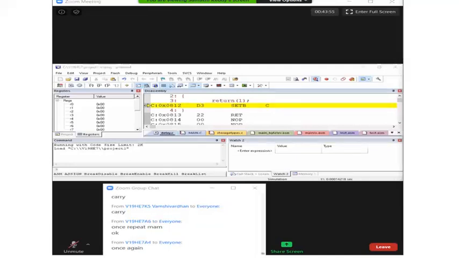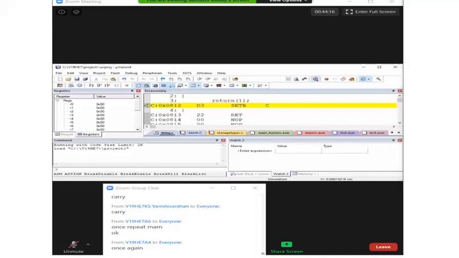If you return bytes of information, it may be a character or integer or long integer, whatever it may be, then it will use CPU registers.